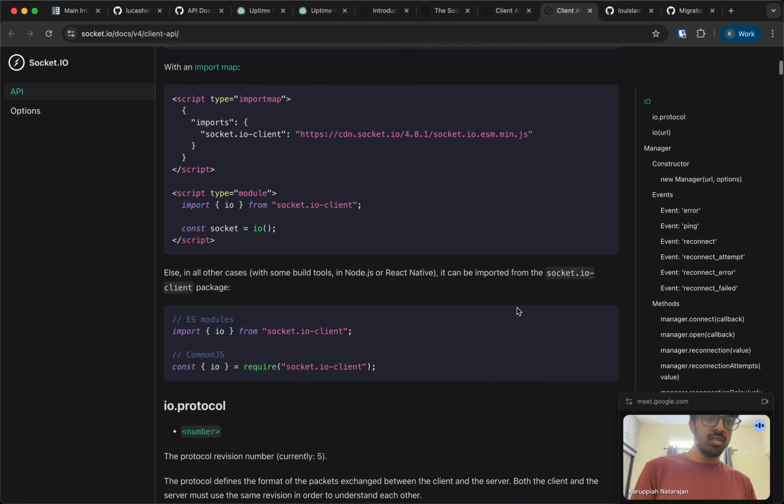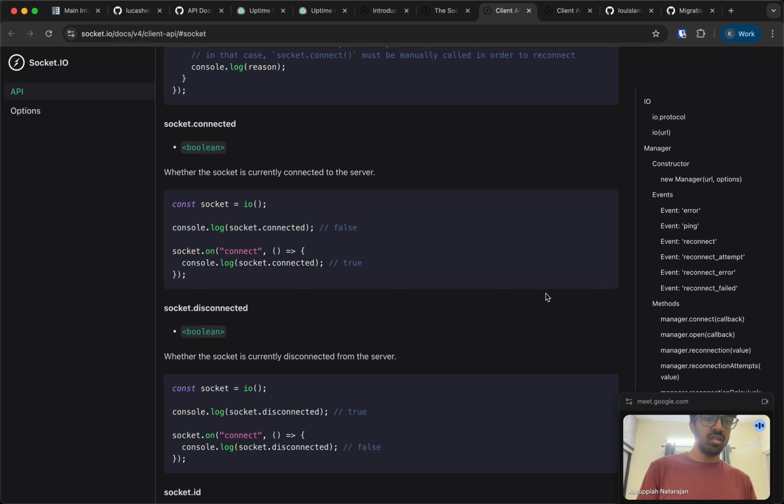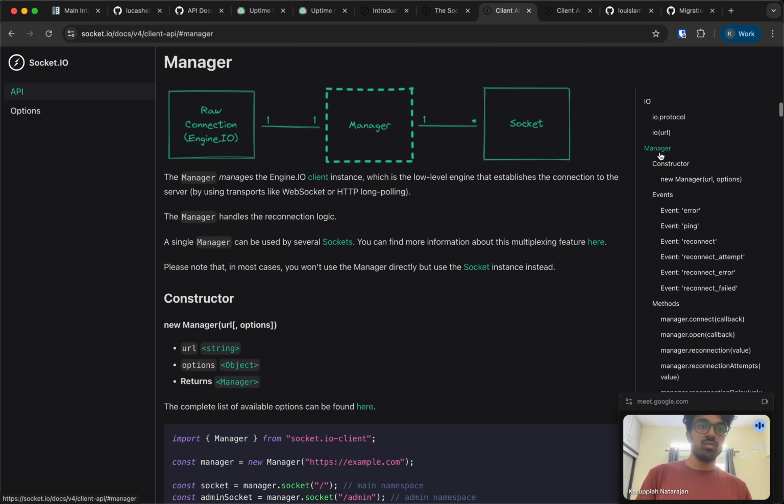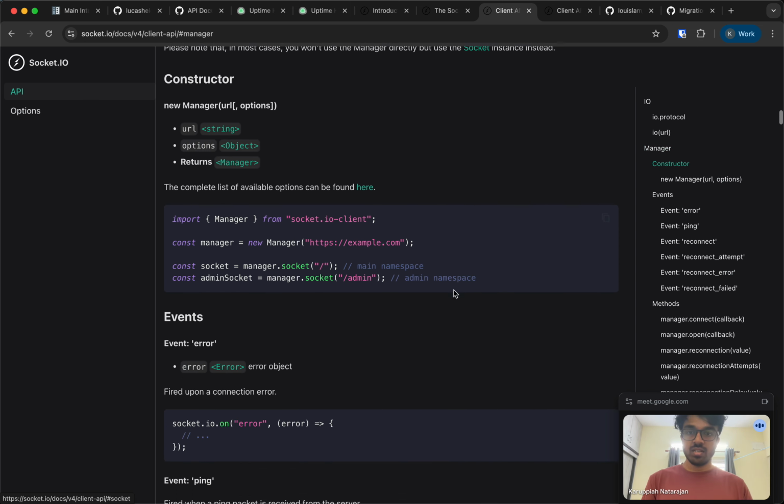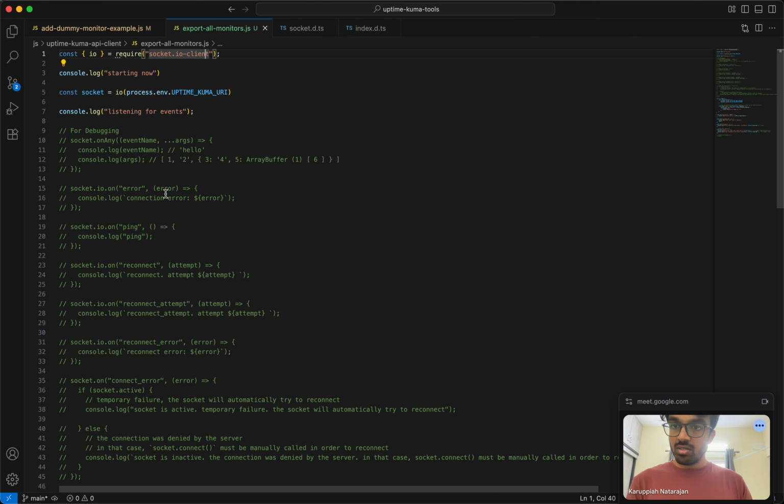Let's see. Oh yeah, here are the events. These events are socket related, these events are manager related. Okay. So manager is basically the .io and reconnect error and all that. Connect error and disconnect and everything is all this. Okay. So this is all manager,